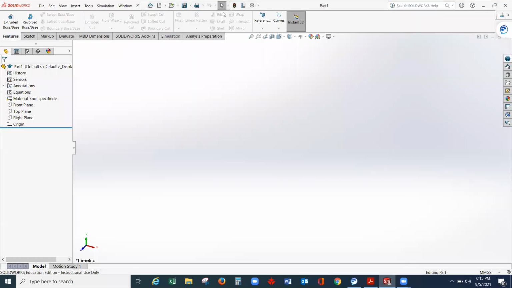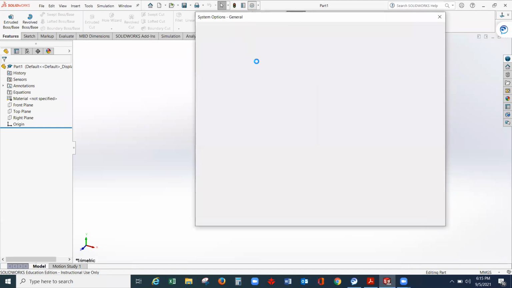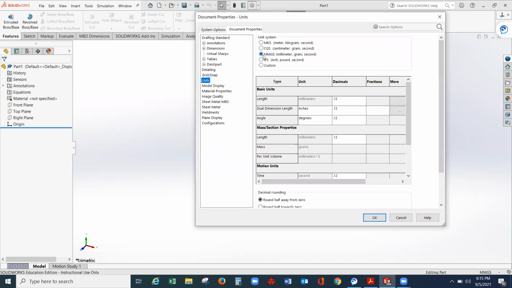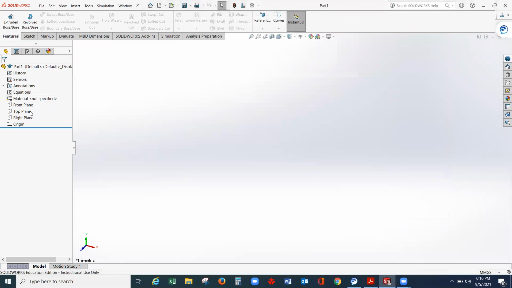So when you open your SolidWorks, you can go to options first. Document properties, set the units, millimeter, gram, seconds. And in this case, we need 1 decimal place for all, okay? So from here, we can start our drawing with a right plane, sketch,